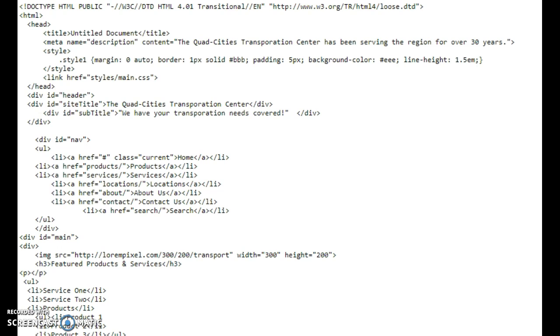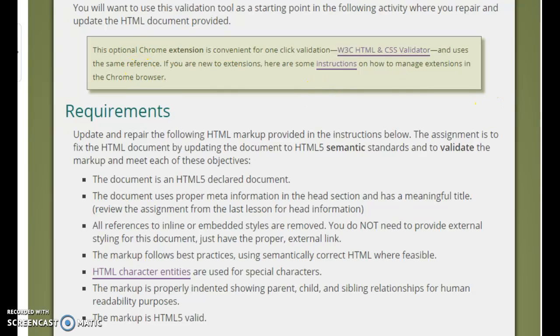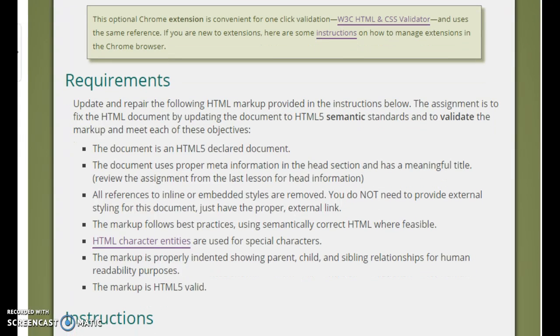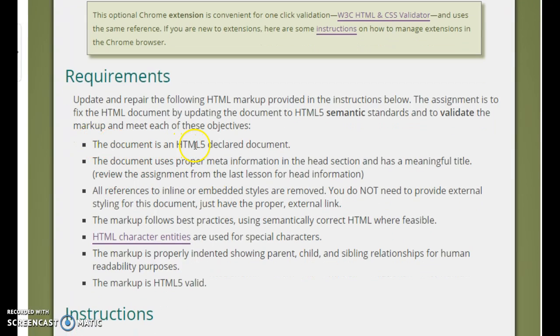Do you remember this document? During our last lesson, we received it. It was an assignment where we were asked to update and repair the HTML document provided. I have the assignment here. They asked us to check that the document was an HTML file with a declared document type, and that the document used proper meta information in the head section, it has a meaningful title,